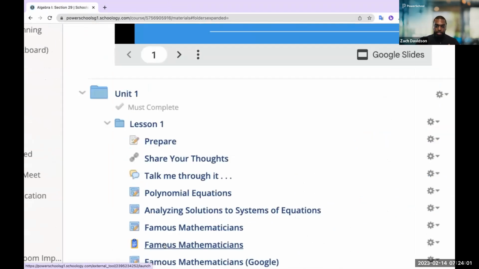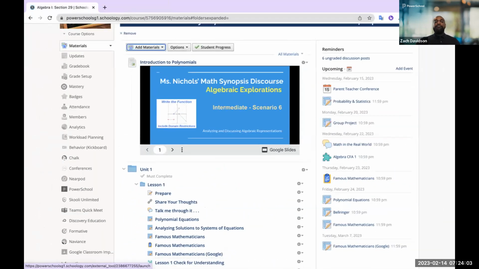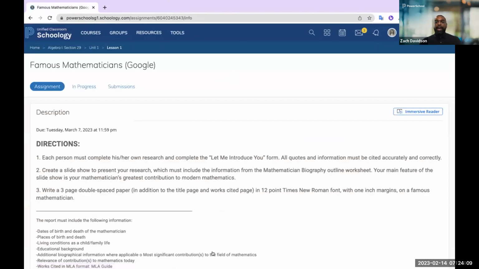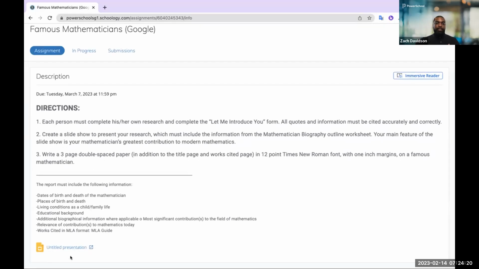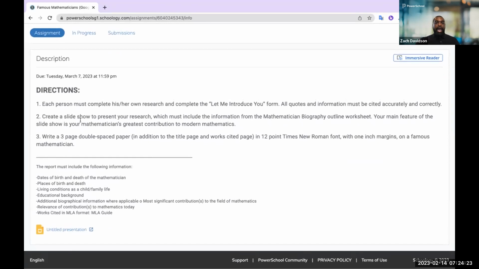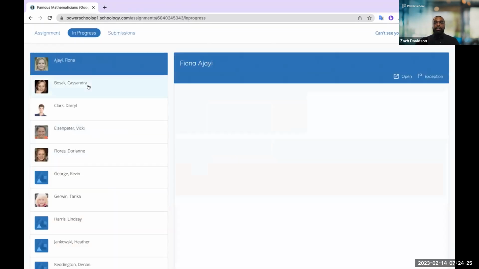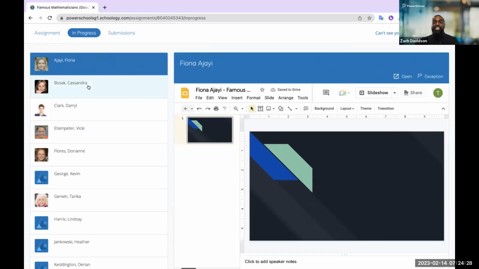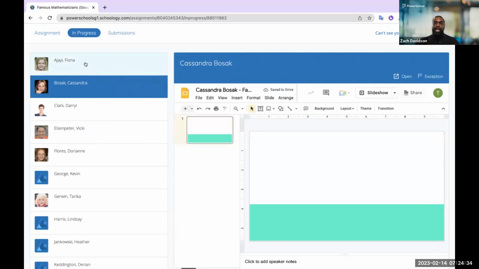Here it is again in the folder-centric approach, right? But the beauty here is that for the teachers, while they have the same experience to author the content, we want to actually provide a very easy and simple way for teachers to aggregate that content in one location as well. And so here's the assignment in itself. Here's the document, the Google slide that I've incorporated. And when I click on in progress, what happens here is that for me as a teacher, I actually get in one location, one window, an opportunity to go student by student and actually see the work that the student is working on as they're doing it live in the platform.